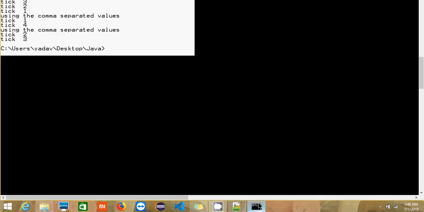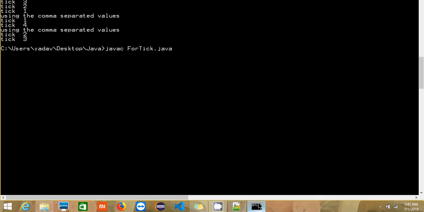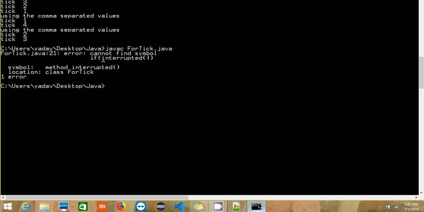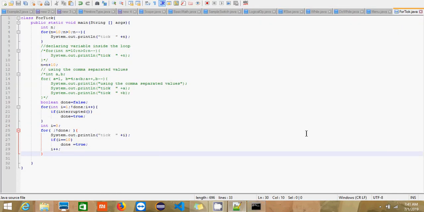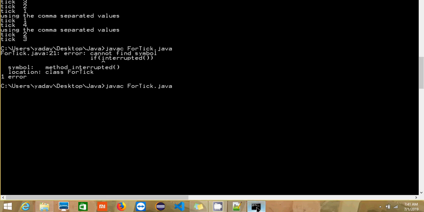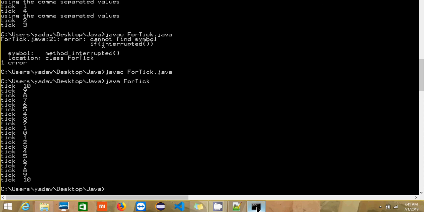Compile. Oh, we need to remove this one because of the interrupted part; for interrupted we would need to import some packages, and as of now this is not required. It compiled successfully. Execute. See,